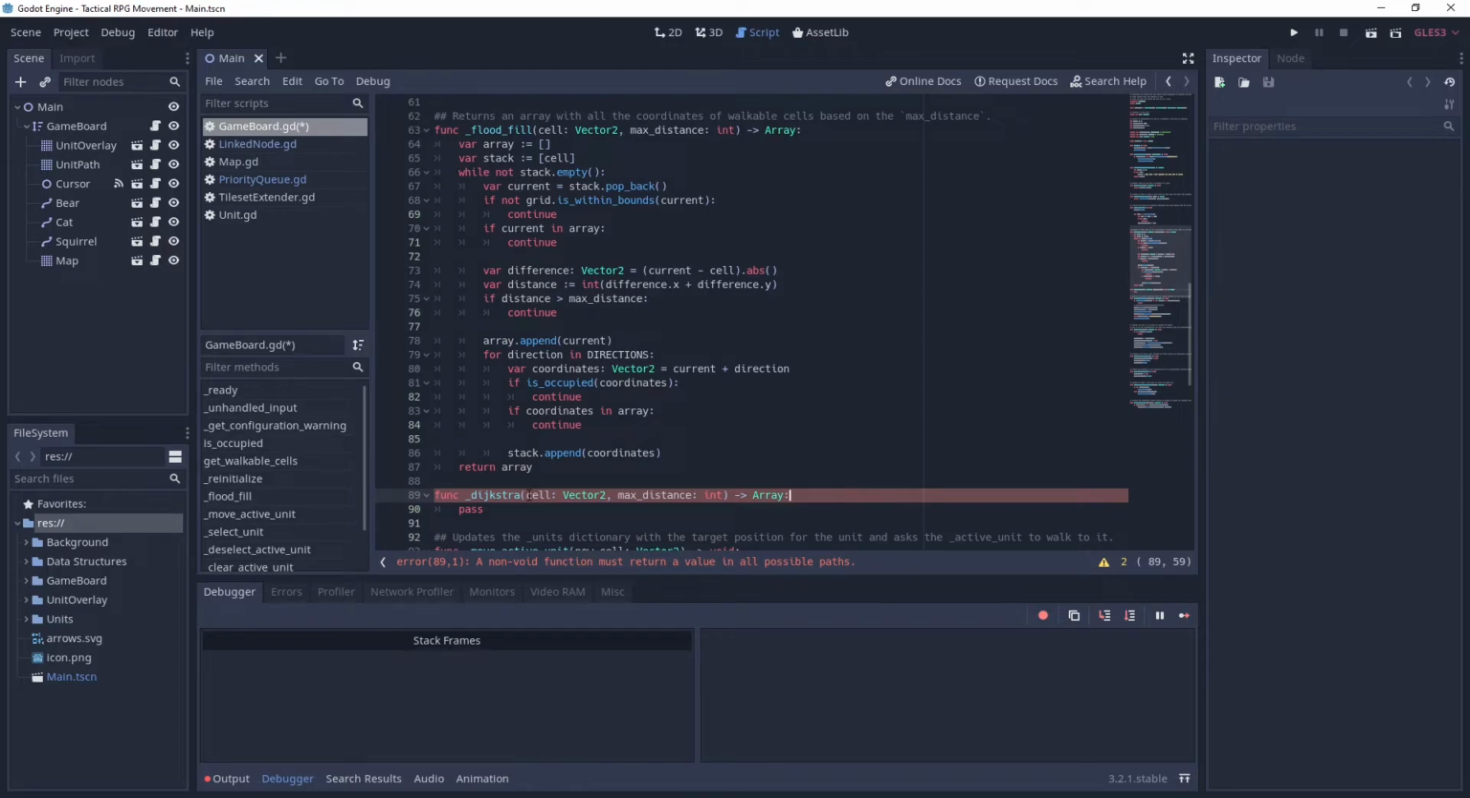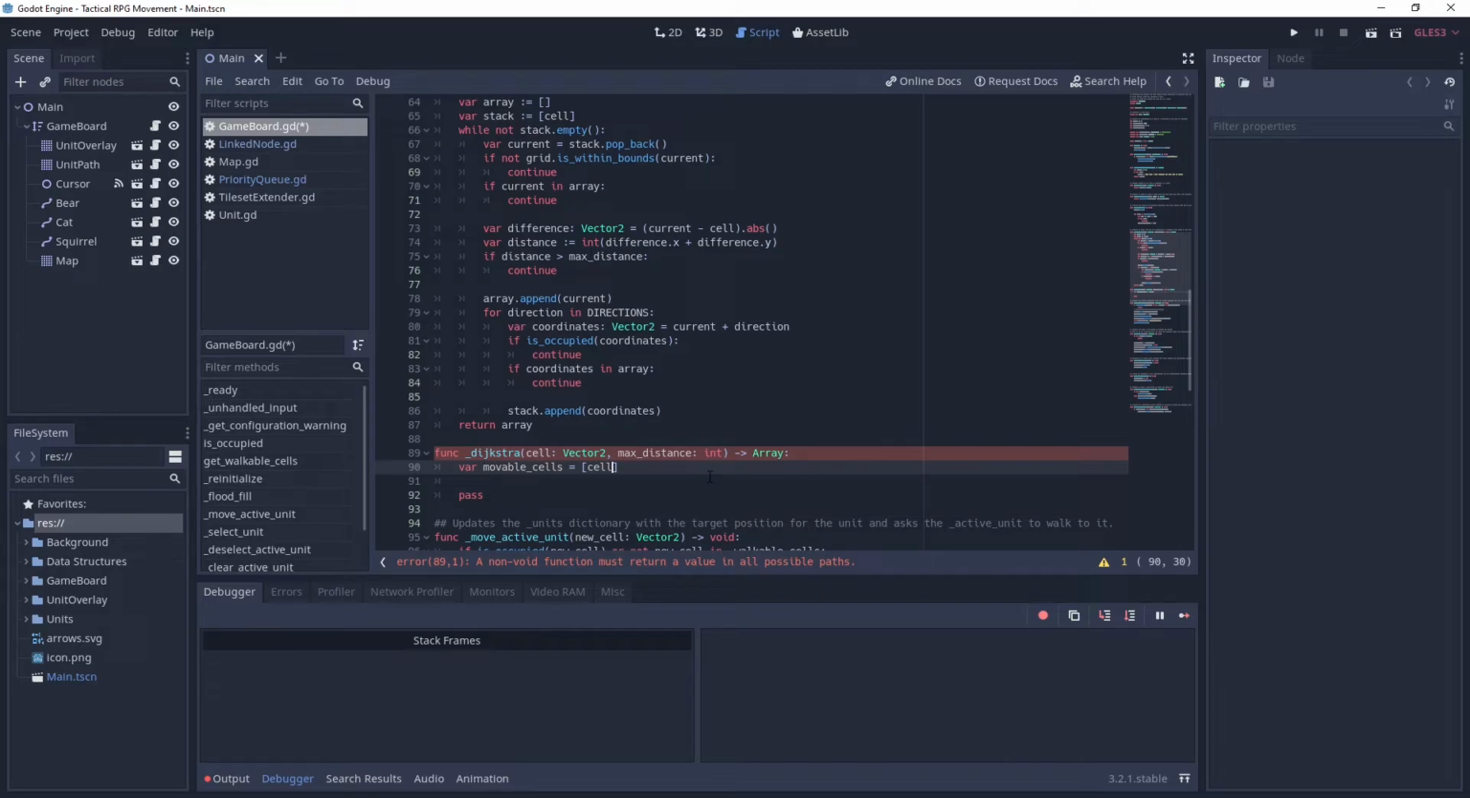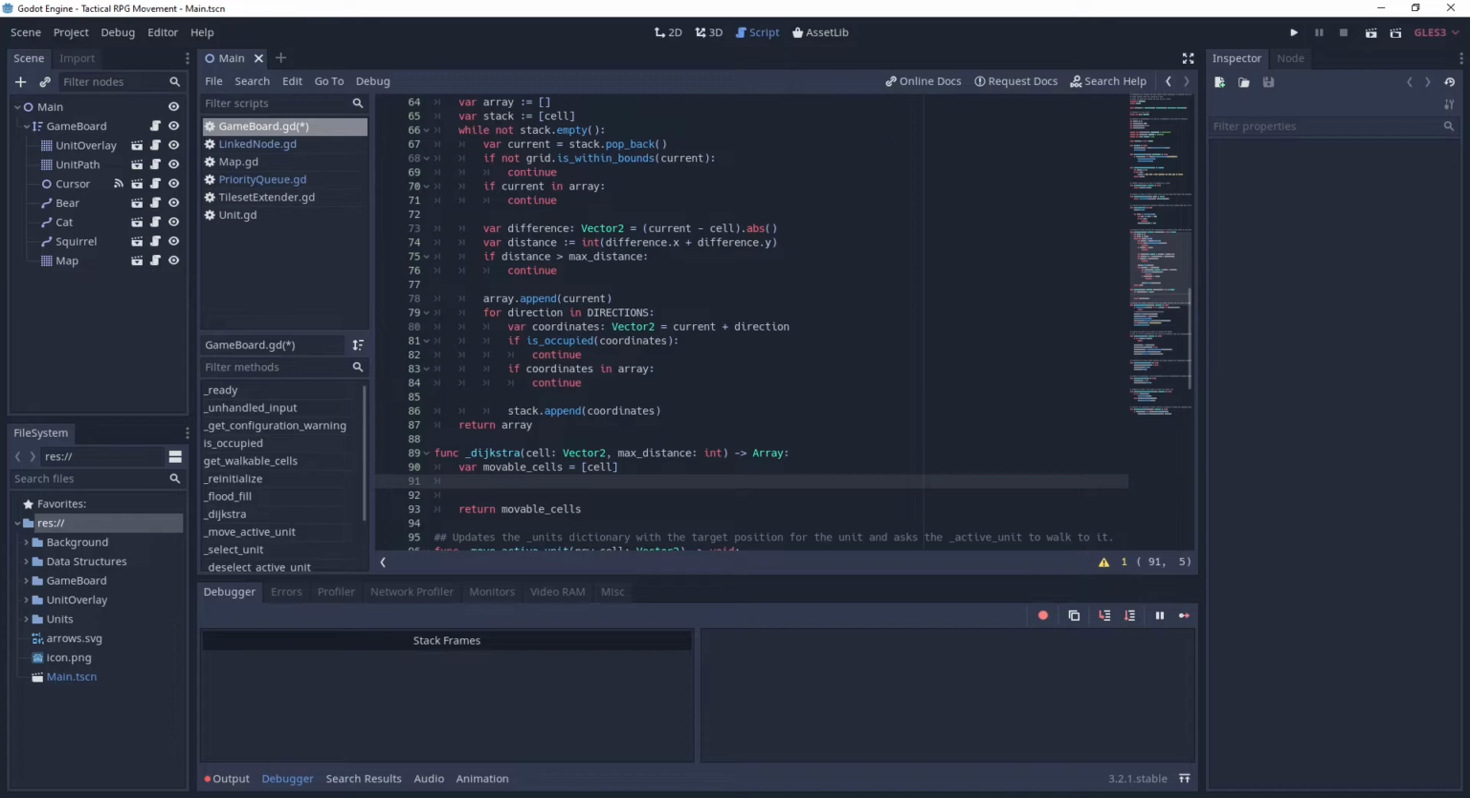What we want out of this is, we want to make a variable called movable cells, and we're just going to immediately append our base cell to that. And then we can return this here so the editor stops yelling at us. Okay. And now, apart from that, we are also going to need a few other